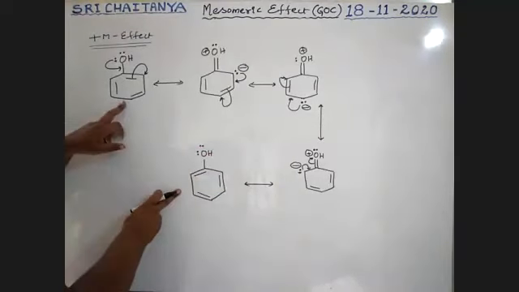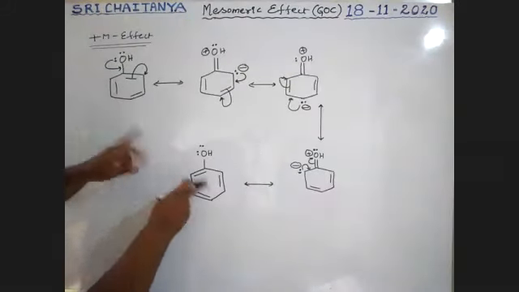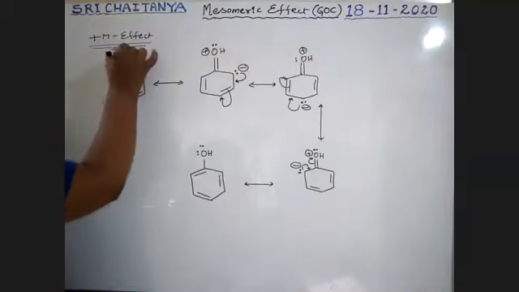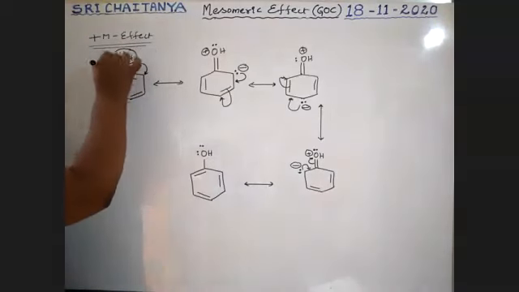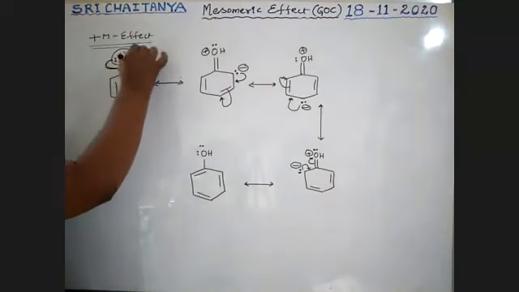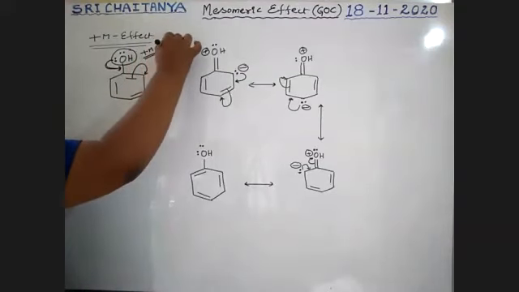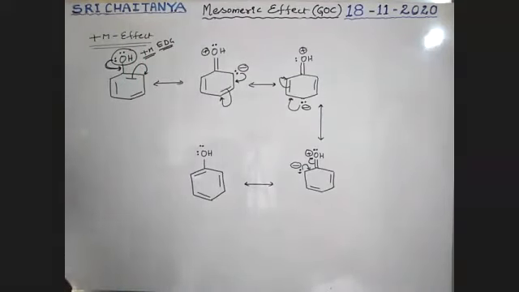So these two structures are identical. But the position of pi bonds is changed. Just see that. Okay. Now, that means here, this is the group that initially donates electrons to the benzene ring. Therefore, it is a plus M group, an electron donating group.